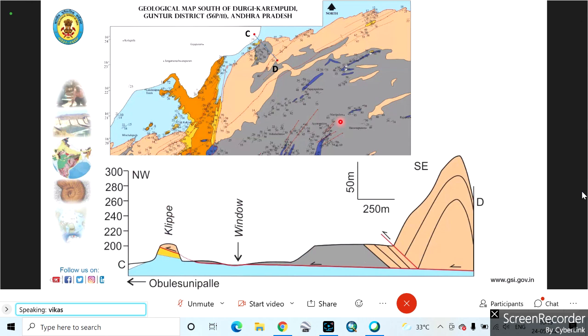And then again, once we had got a klippe, our mind was going, okay, we had got a klippe, we should be getting a window also. Searching through Google images actually helped me to identify this particular area based upon the contrast of the rock type. Because the Narji limestones are gray in color, and in the window part, where it is written window in the Google image, we had seen some different color contrast there. That called us to go and see that area, and that helped us in defining this klippe and window very nearby. So you can see it there.